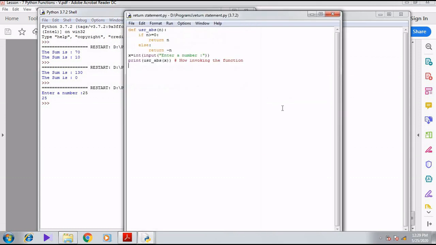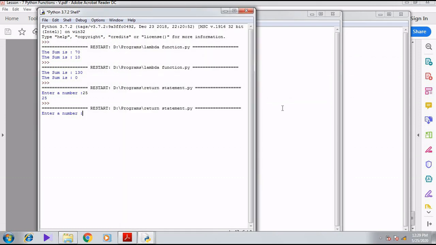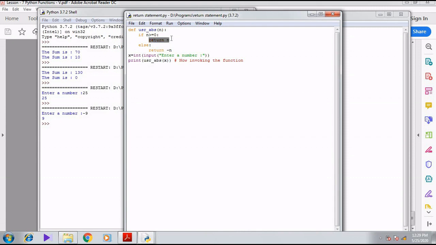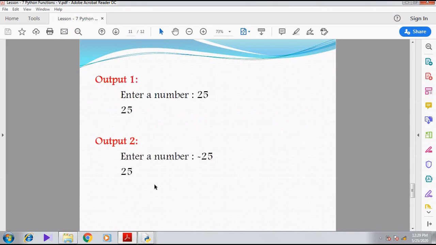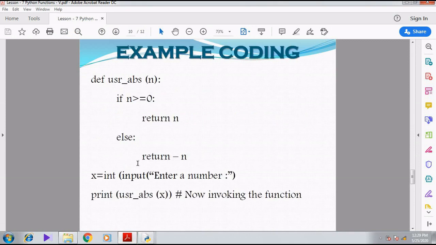But when I run the program again and give a negative value, minus 9, now what happens? Minus 9 is changed to 9. Can you understand, students? At any point of time, either return n is executed or return minus n is executed. Not both statements are executed; only one return statement is executed.